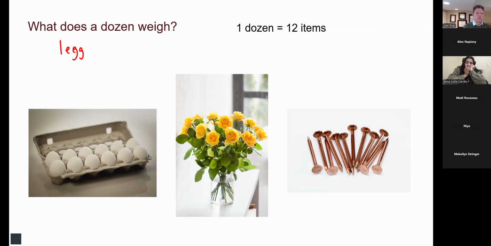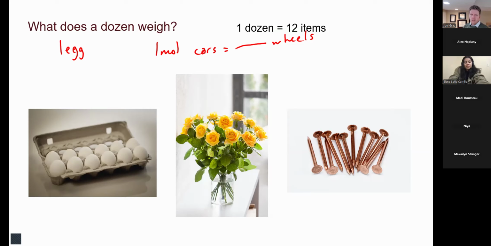Now, if you had 1 mole of cars, how many moles of wheels would you have? And let me rephrase this and put round numbers on it. If you have a dozen cars, how many wheels do you have? Add it to the chat. 48. Perfect. Because each car has four wheels.